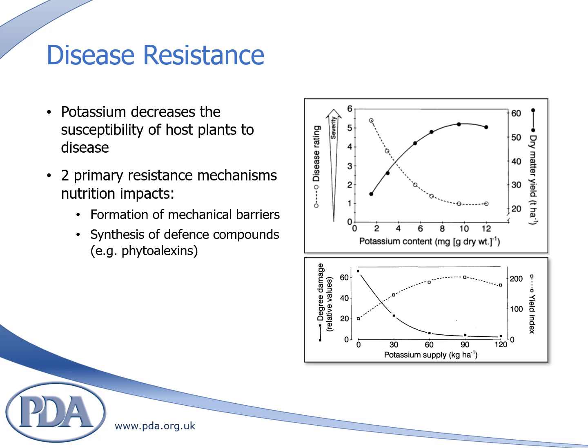Regarding the synthesis of defense compounds, just as humans produce antibodies after infection, plants have a similar defense mechanism when infected by a pathogen. The infection causes increased production of certain chemicals that form part of the plant's defense mechanism. The potassium status of a plant is important for both the production and the transport of these compounds to the site of infection. Shortages reduce the amount of natural antifungal compounds, increasing the plant's susceptibility to disease once it has penetrated the cells.